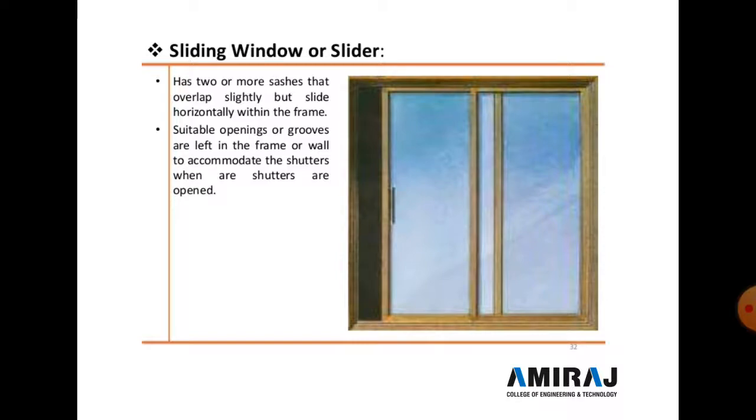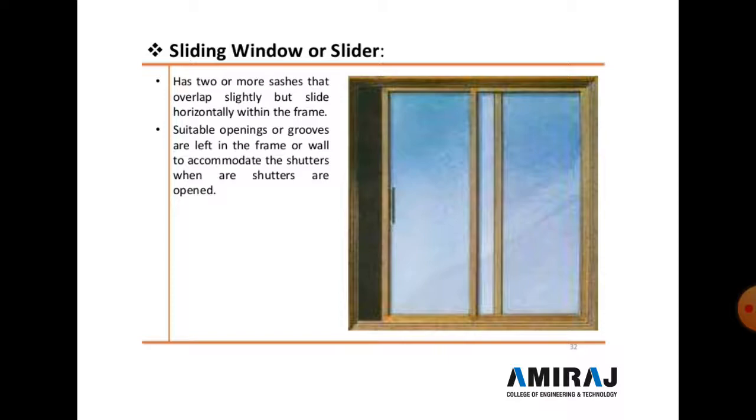So generally in high-rise buildings, and nowadays in flat and tenement schemes, this type of window is seen: the sliding window. Here there are two or more sashes that overlap but slide horizontally within the frame. When we open the shutter, one shutter comes on another shutter and overlaps with each other, and we get air, ventilation and light